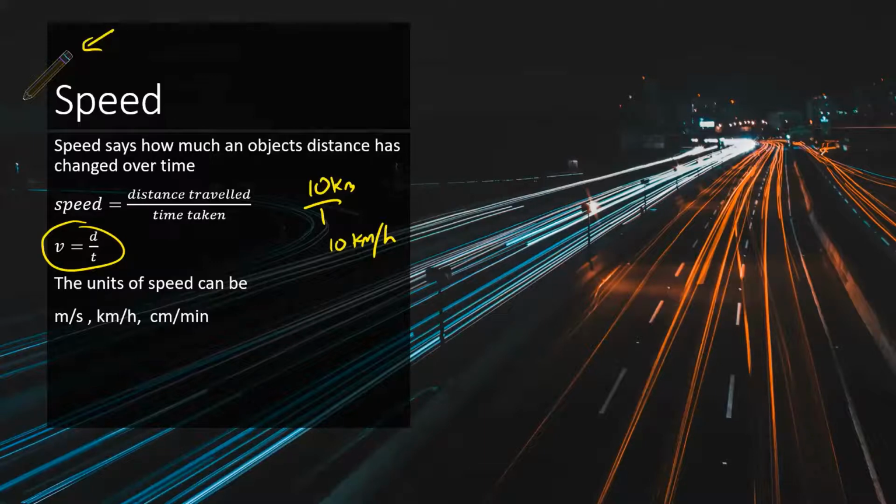There are many, many units of speed, just like there are many units of distance. But the common ones we're going to be using are meters per second, kilometers per hour, and centimeters per minute. We're also going to have to deal with how to convert one unit to another, so that's something else we'll have to work on. Let's talk briefly about